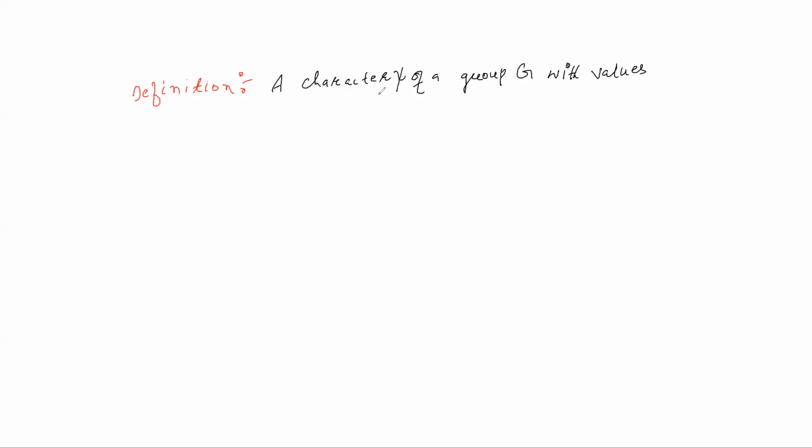So a character chi of a group G with values in a field L is a homomorphism